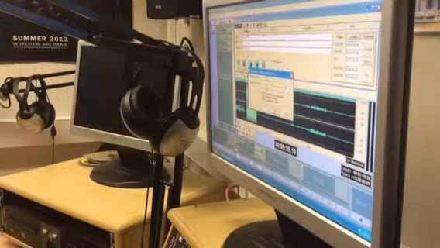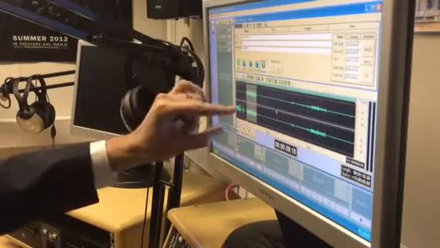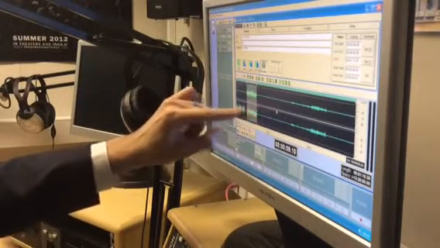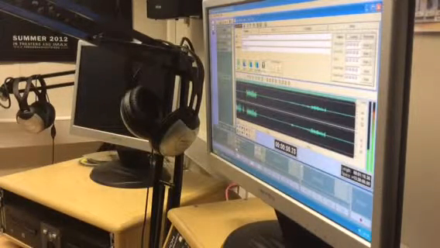So I'm going to reduce this to 49, maybe 38%, 40%, something like that. And you can see that's coming down, and that's much more in line with what I've got there. If I play that from the start, just going to move that volume level towards me. Okay, it's now started to